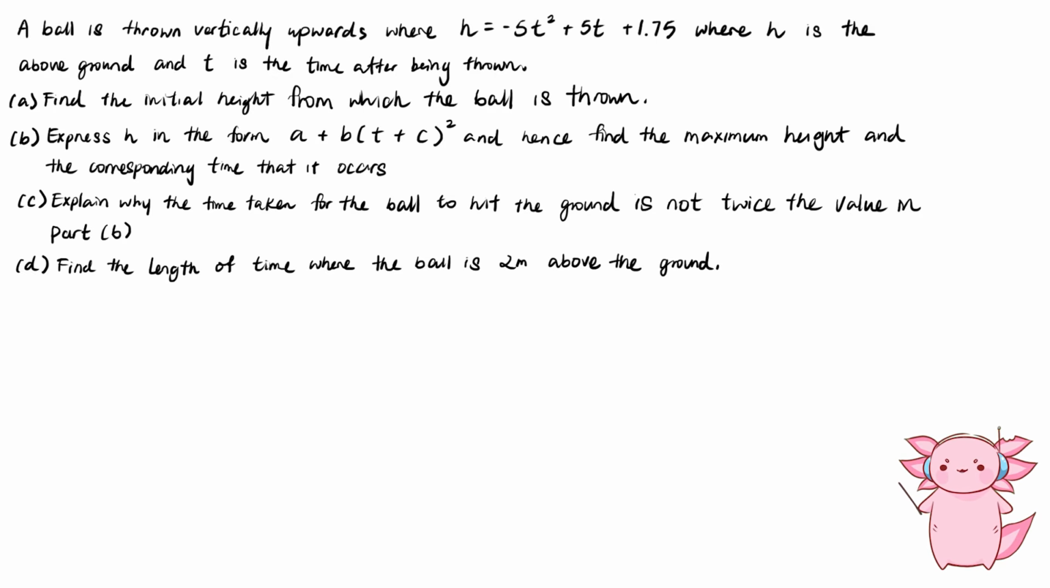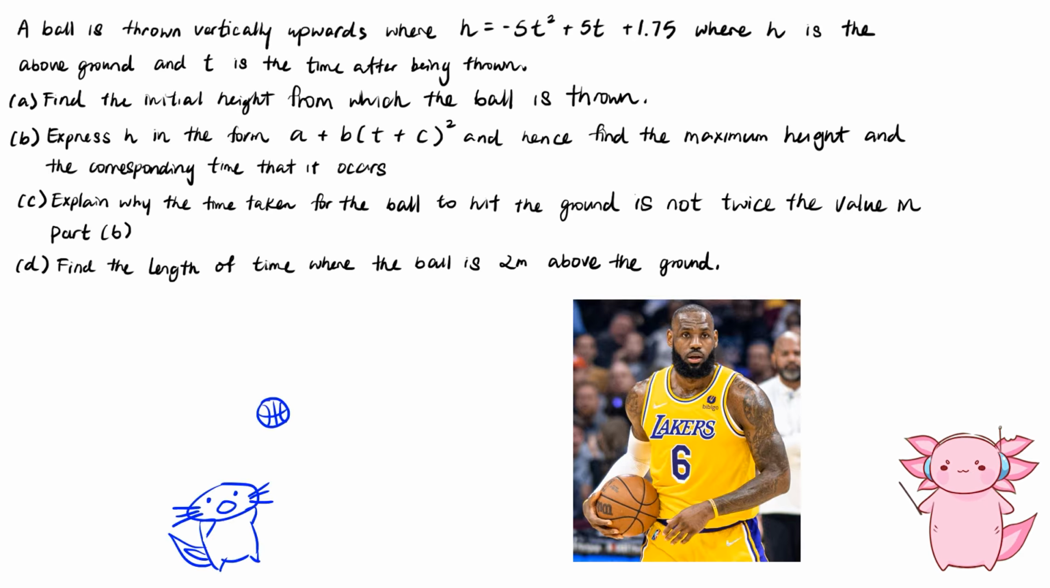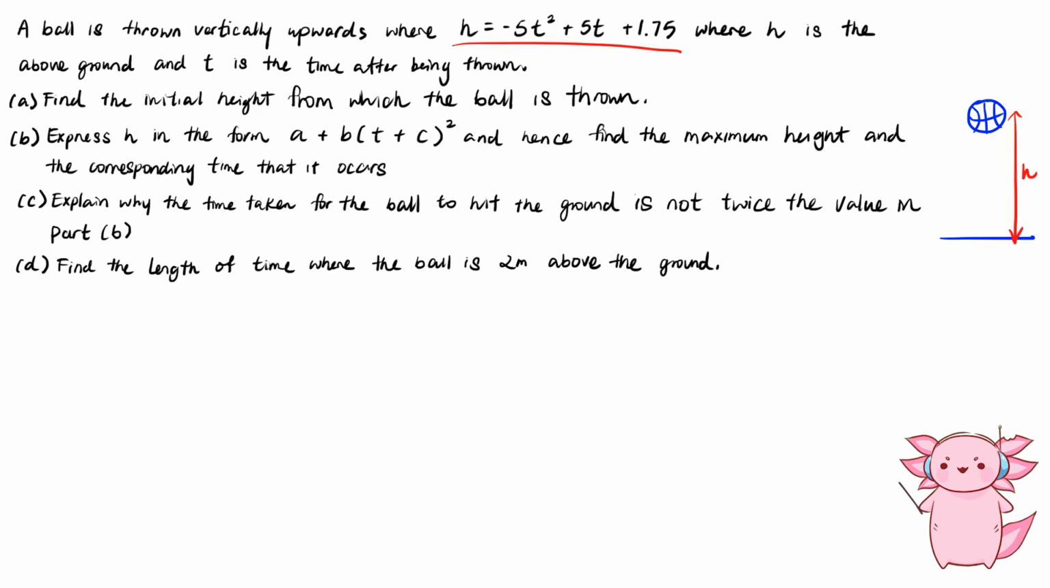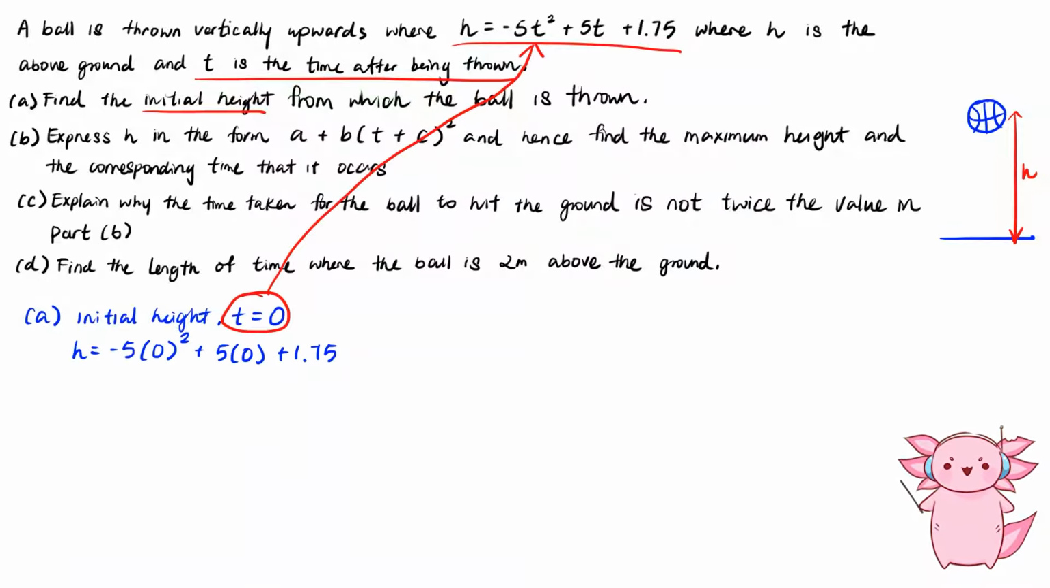This question from 2023 is a classic question of someone like LeBron James throwing a basketball vertically up into the air until it drops and hits the ground. In this question, the h value is the height above the ground and the time elapsed is t. So, to solve for the first part, the initial height is basically when t is equal to 0, so let's sub that into the equation and we get h is equal to 1.75, which is the initial height of the